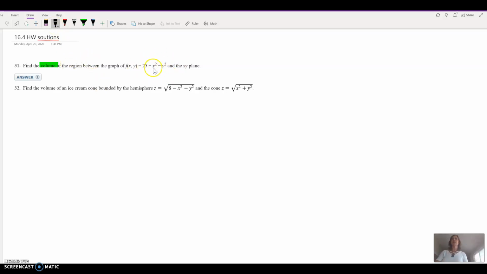One is I can come up with the bounds of a double integral where I'm integrating this surface, which hopefully we all see is an upside down paraboloid, shifted up at 25, upside down because of the negative, and I want the volume under that surface and above the xy plane. So that's a pretty straightforward double integral where I actually integrate this function,